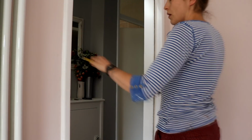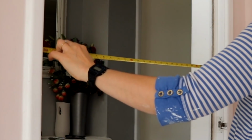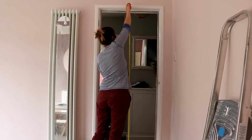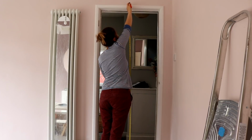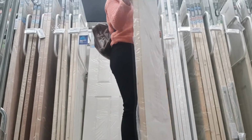So before I got started, I needed to work out the measurements of my door frame. So I made a note of the width and the height. But I was quite nervous about buying the right size doors. And that's because everywhere I looked for the cheapest doors, it said you could only trim off a certain amount